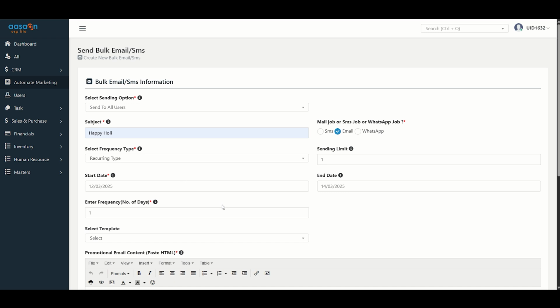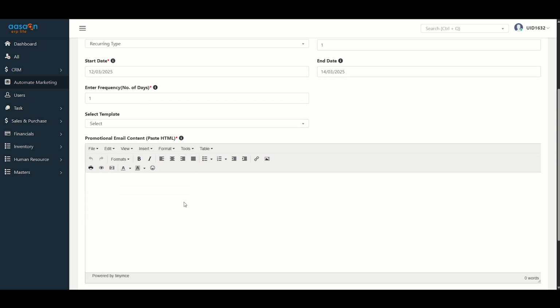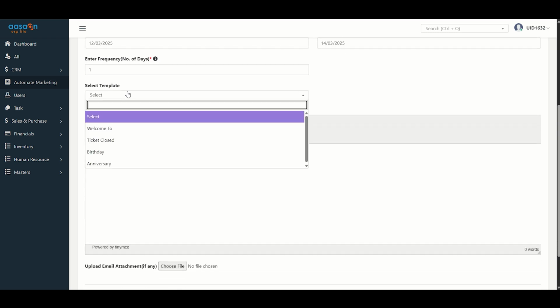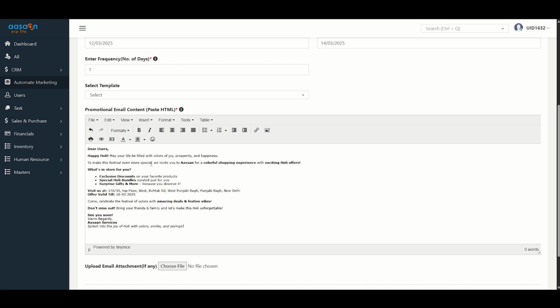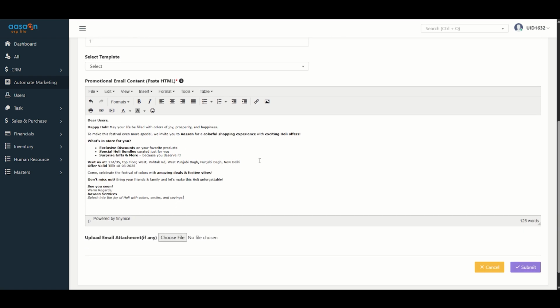Also, if you train this module once, you are free of hassle, it will automatically keep on sending. So you can come below and select a template, an existing template, or you can just give your own template, something like this, where I'm wishing all my users happy Holi. Then you can attach any picture or anything you want. Then you can just click on submit,